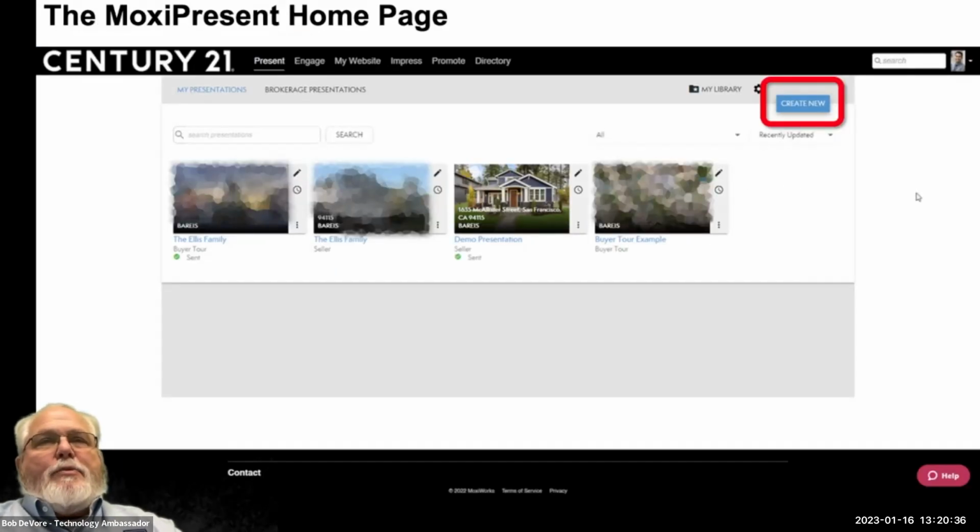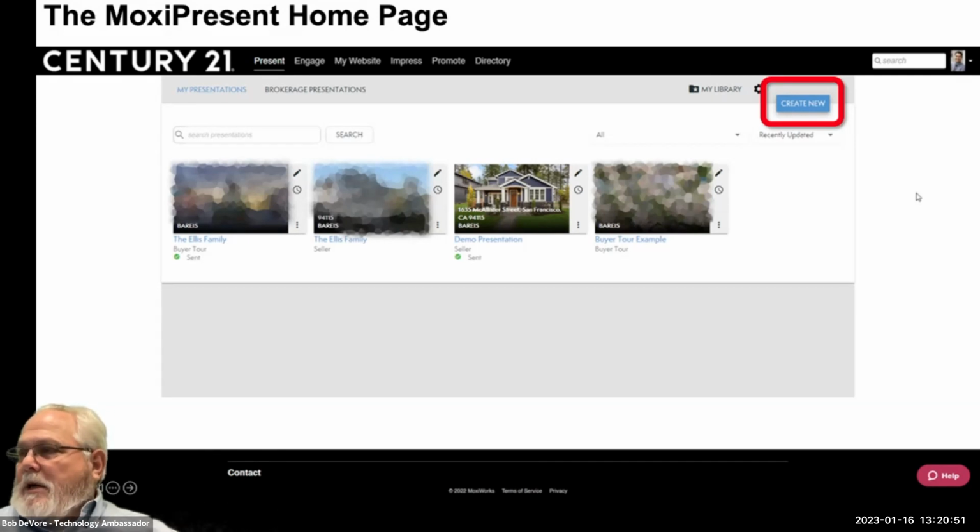So here we are, MoxiPresent homepage. We're going to actually go and build a presentation. Now, before I get too carried away, where is Dash? That was a question that came to me. Dash is at my CB desk, but you have very little input as an agent to what you can do with Dash. Give it to your admin to do, because